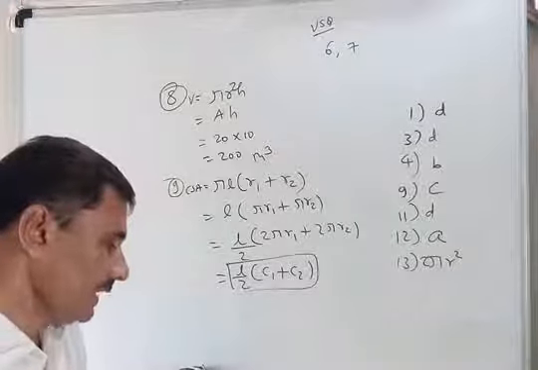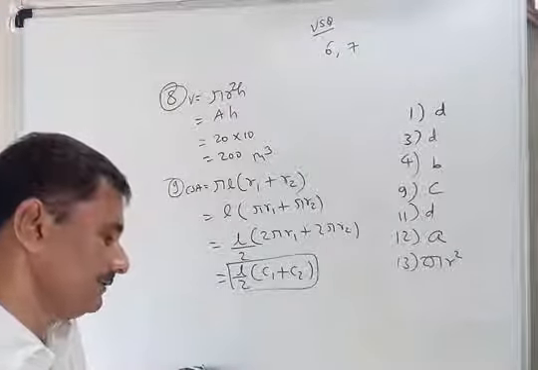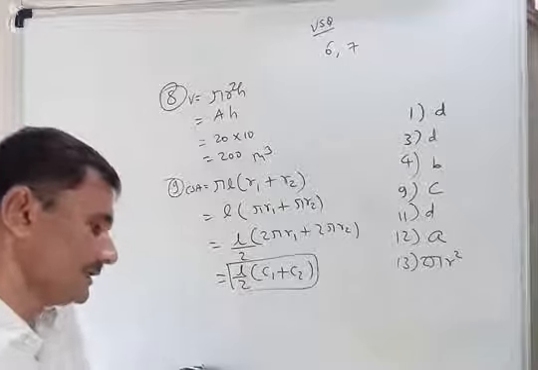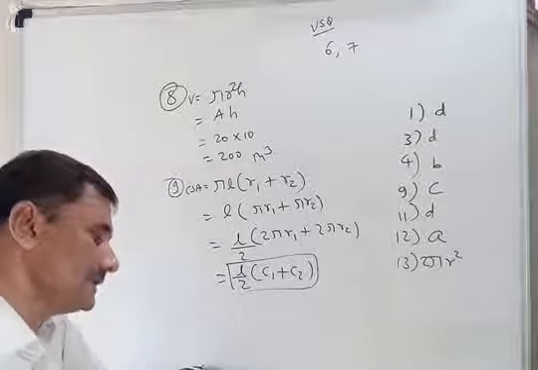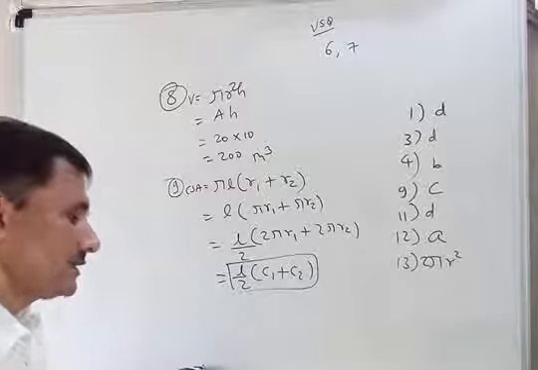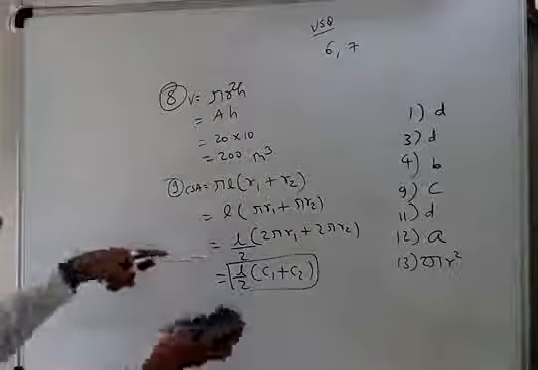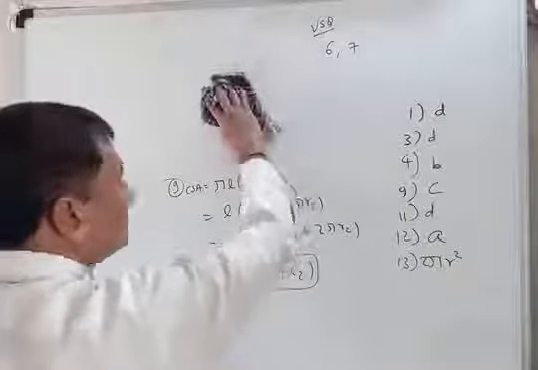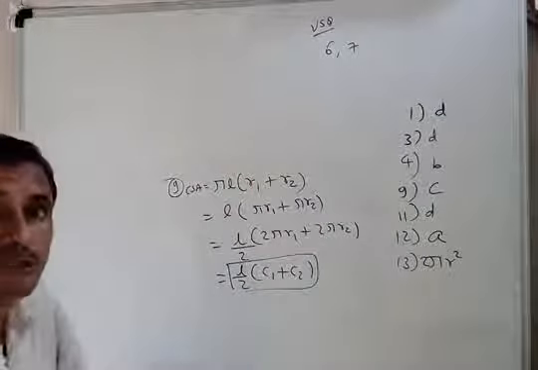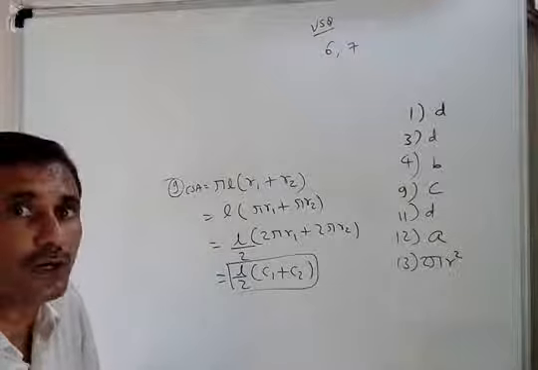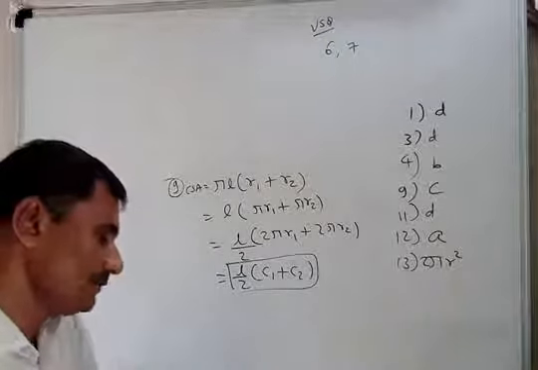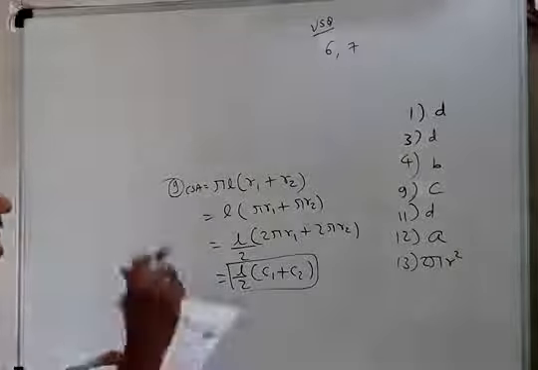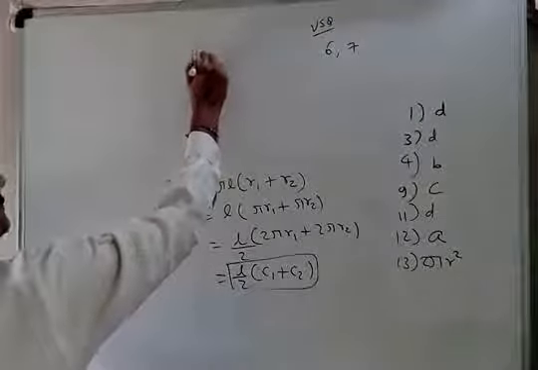Now number 9. The circumference of the base of a cone is 40 and the slant height, not standing height, but slant height, is 8. Find the curved surface area. So again that type of formula we have to use, because they have asked for curved surface area, but circumference is given and radius is not given. So remember that way. Circumference and slant height are given, so first of all I have to write pi r l.